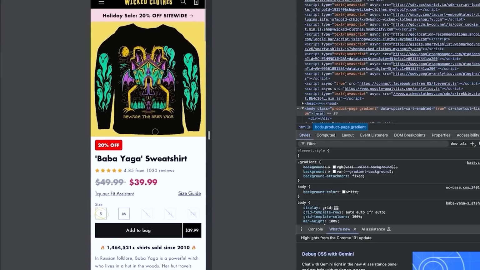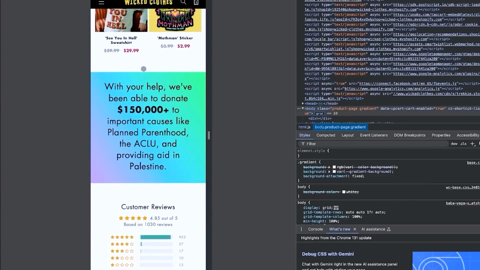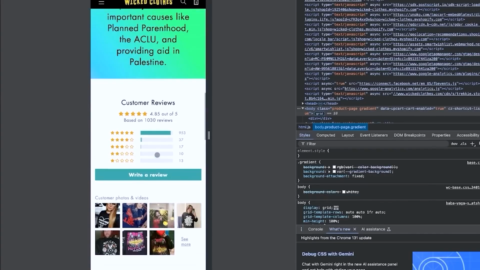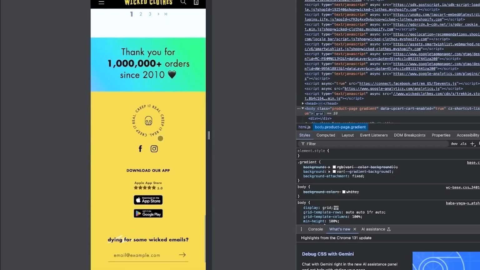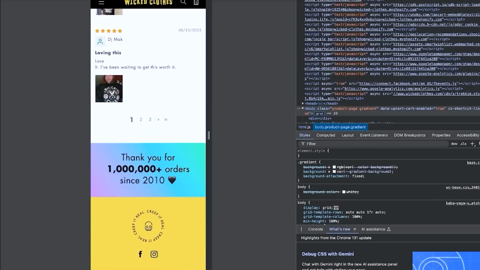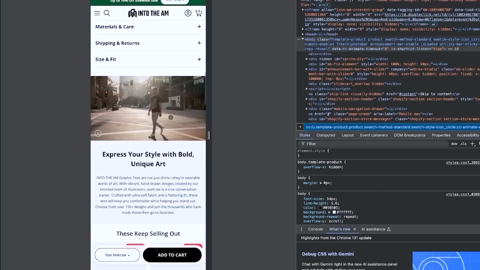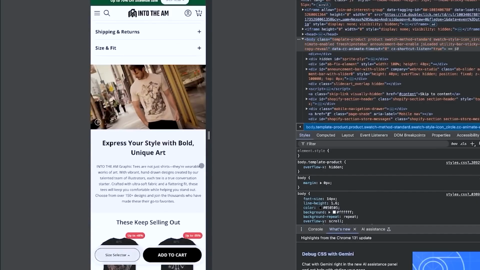But if you are looking for things to improve, something that you can add is a good section like this. It talks about like a charitable donation or way that you're giving back as a brand. This also builds a ton of proof and like branding. This is a really nice line. So not only saying congrats to us, we did 1 million orders, saying thank you to the customers. So that's like perfect. Into the AM does this with a section that talks about what it